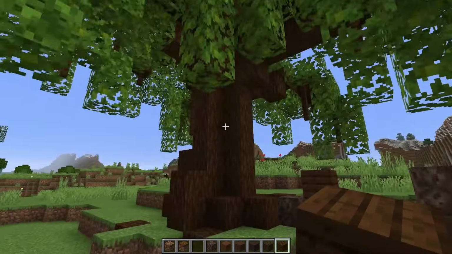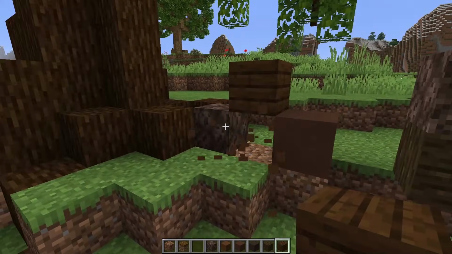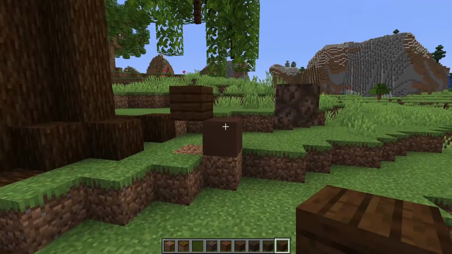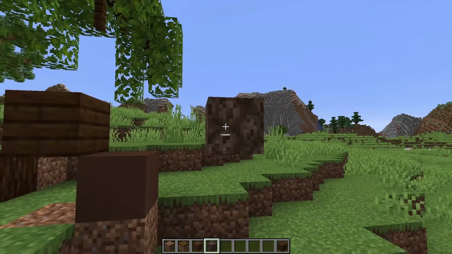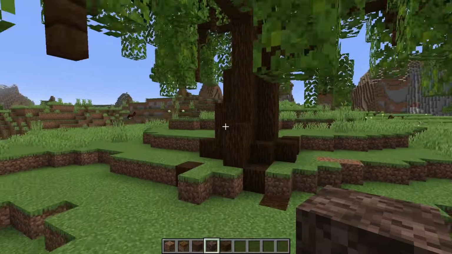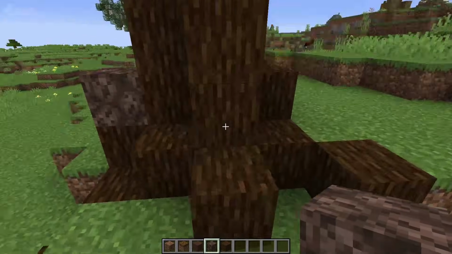For this tree in particular, I think I would like to go more towards the grays, but also a little bit of red. So I think that's what I'm going to decide on in the end. This is a smaller tree, so I'm not going with too many of these texture blocks. I think even 3 is quite a lot, and I'm going to try not to go too overboard with this.